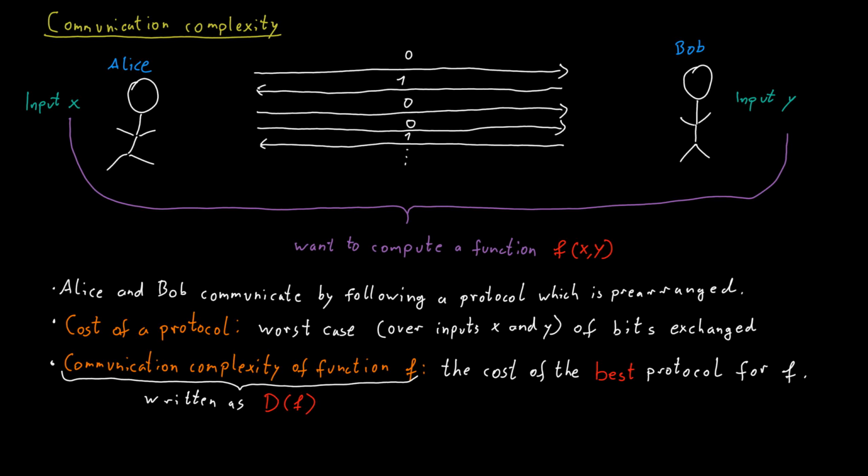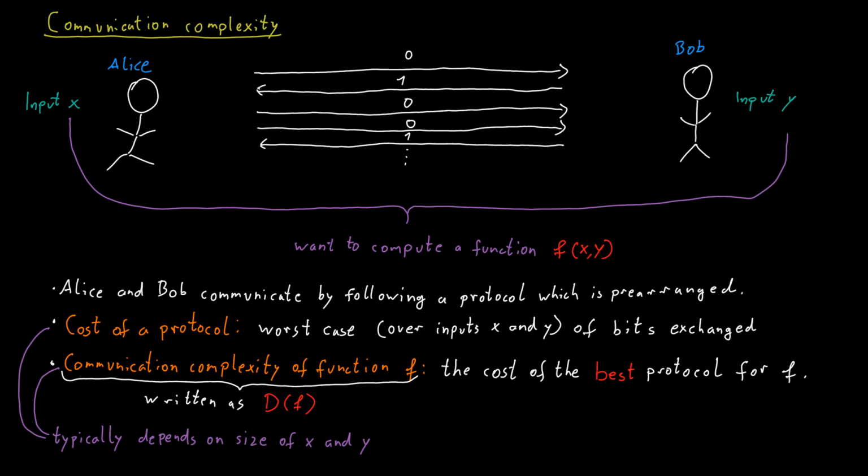Of course, the communication complexity of the function would depend on the sizes of the inputs. We can imagine that if X and Y are very big inputs, they contain many, many, many bits, then more communication might be necessary than if X and Y are both only a single bit or something like this. So in general, you should expect that this communication complexity of this function is a term that includes a variable that stands for the size of the inputs, so the length of X and Y.